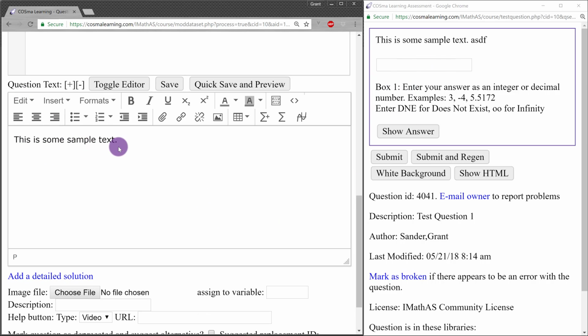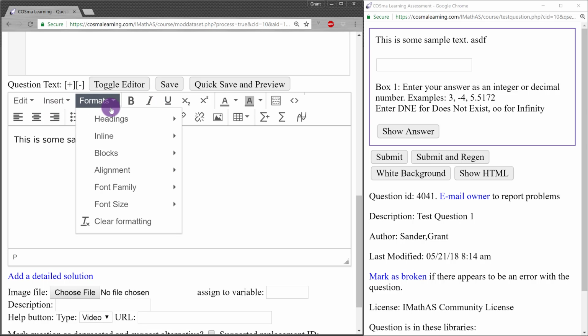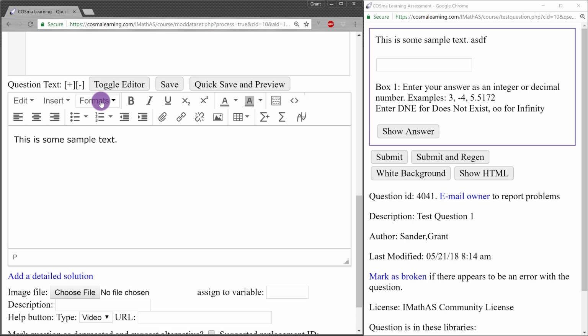So this question text is like what the student sees. And there's some options to add some programmatic things in here. We'll cover that in another video. In this video, we'll just look at some of the features of this question text editor. Notice that we have this visual editor, so you have some options for formatting things. You can do things like bolded text, italics, underlines, various headings, things like this, similar to what you would expect